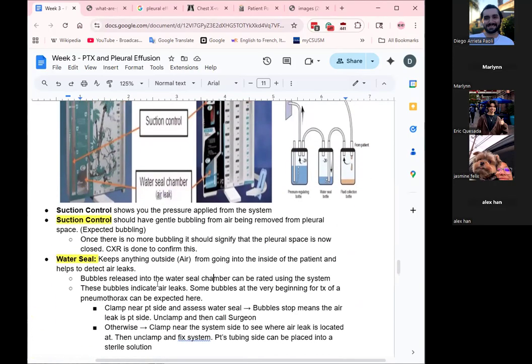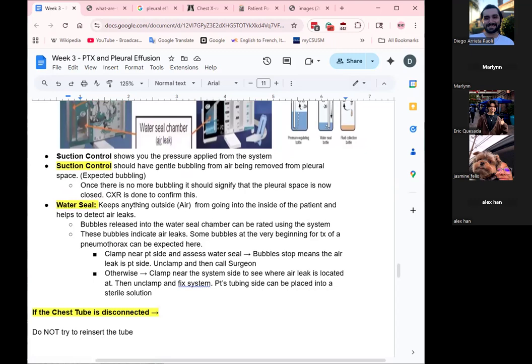And then for the water seal here, the explanation shows what you do if there is bubbling, and this can get a little confusing,